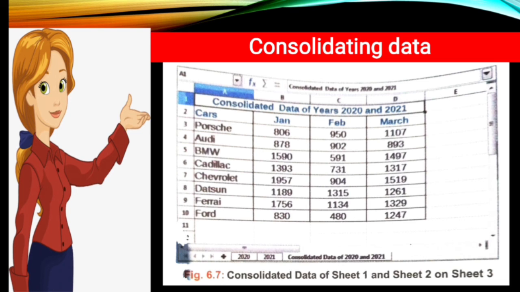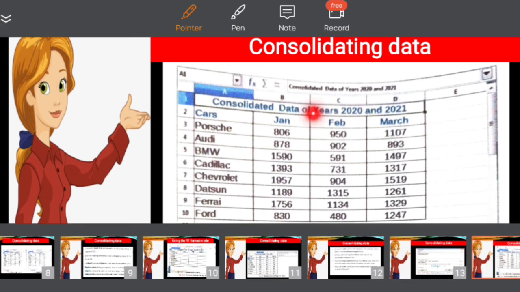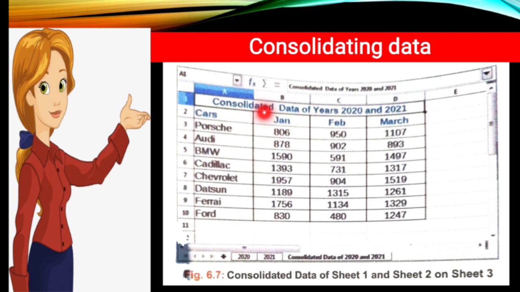You can see here that is our third worksheet. We made this third worksheet with only the heading, which I gave some time before, and after consolidating, you can see here the consolidating option means combining the data of the 2020 and 21 worksheets. Combine here and the data is combined. Okay, that is our consolidating.